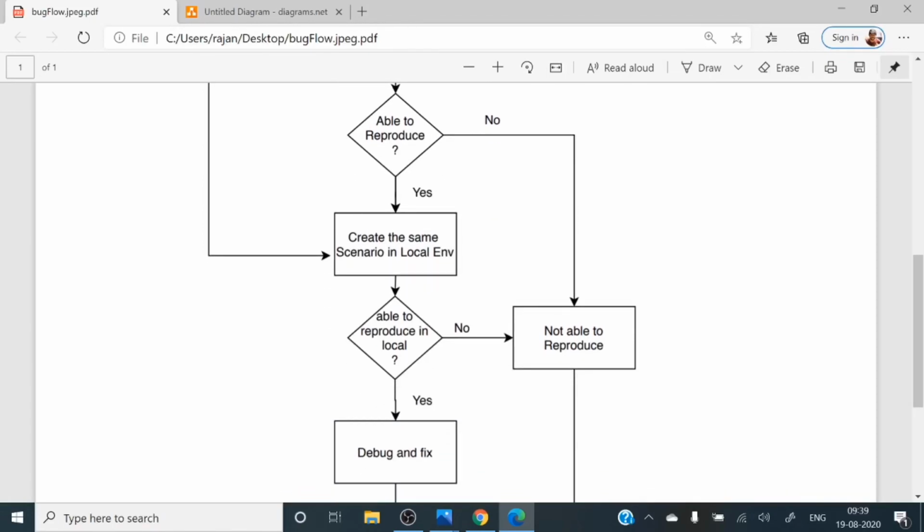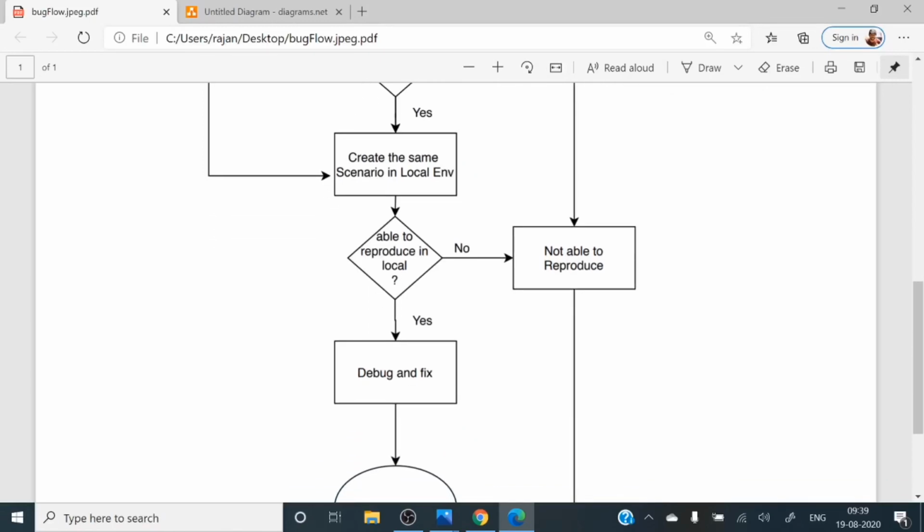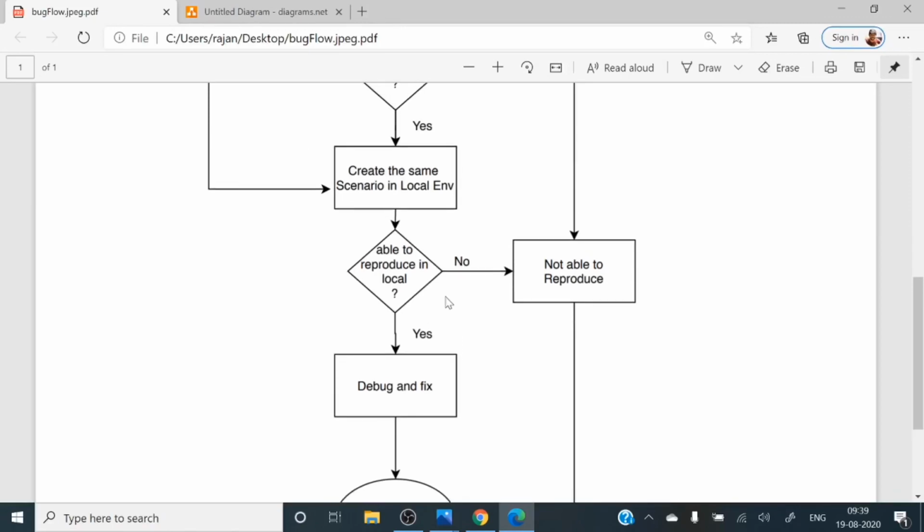After creating the same scenario, are you able to reproduce that bug in the local environment? If yes, put the debug point, troubleshoot the problem and fix it. If you are not able to reproduce that bug in your local environment, you can report it and take the help of QA people to reproduce that bug in your local environment.